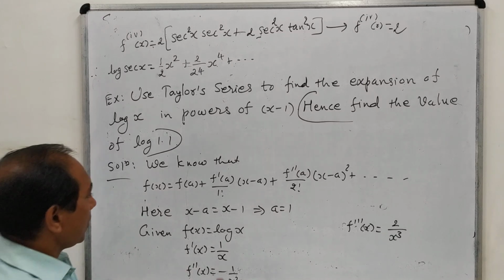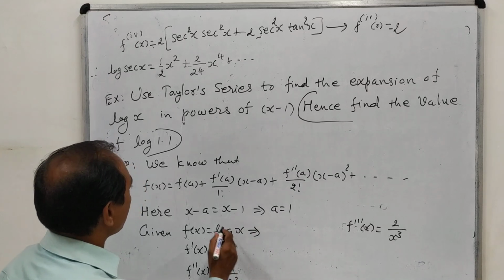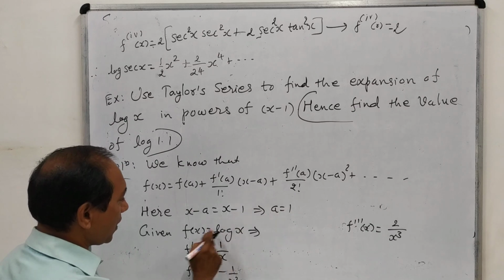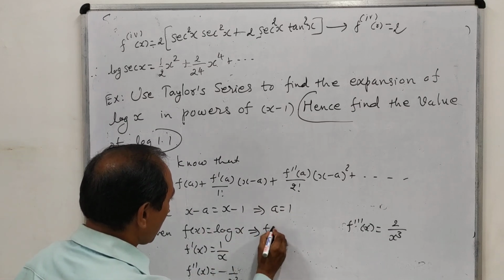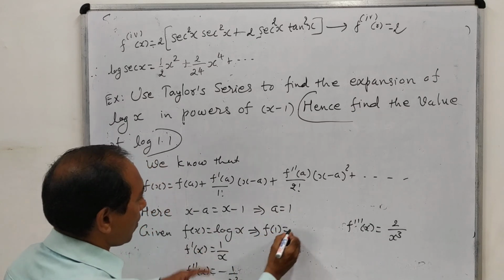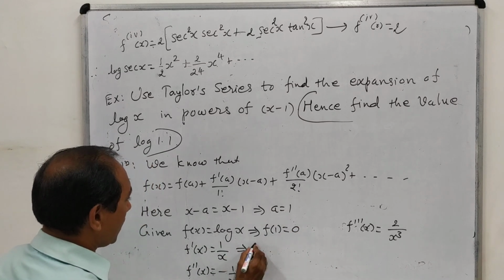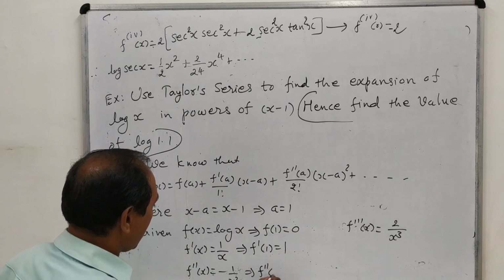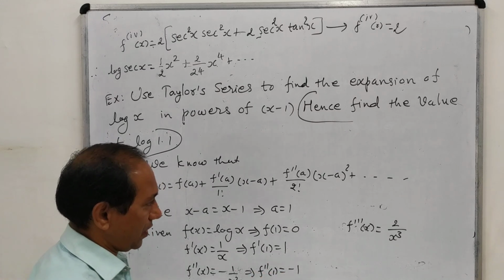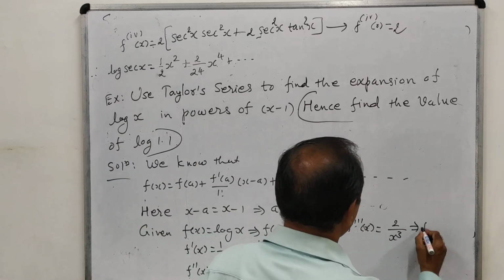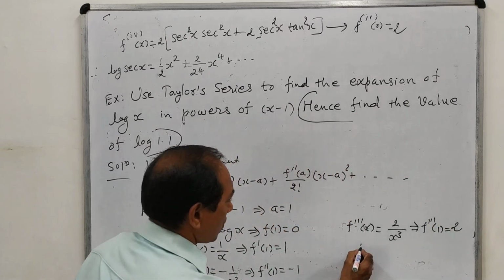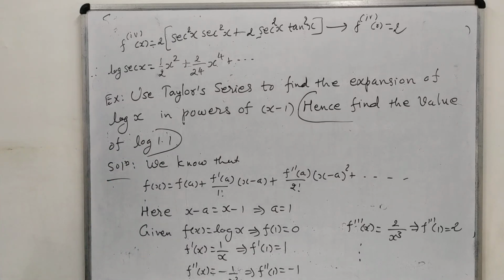And then we want to find out the values of f of a, f dash a, f double dash a, with a equal to 1. A equal to 1 means we will put x equal to 1. So f of 1 equal to log of 1, this is 0. Here f dash 1, 1 upon 1 means 1. f double dash 1 means minus 1 upon 1, which is minus 1. Here f triple dash 1 is 2 upon 1, which means 2. And so on, dot dot dot. We can find further derivatives if we want, otherwise stop here. Okay,